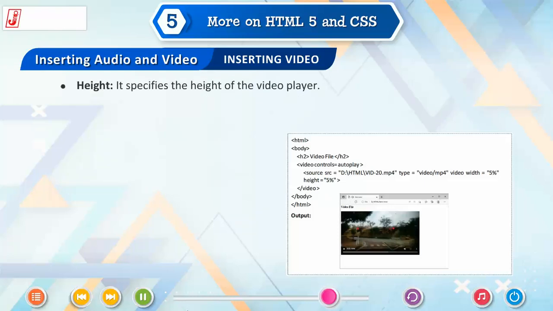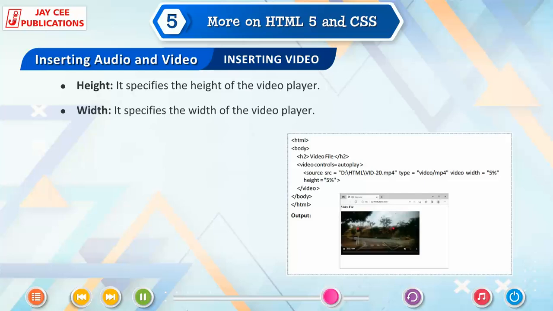Height: it specifies the height of the video player. Width: it specifies the width of the video player. For example: open HTML tag, open body tag, open H2 tag, video file, close H2 tag. Open video tag, controls is equal to autoplay.